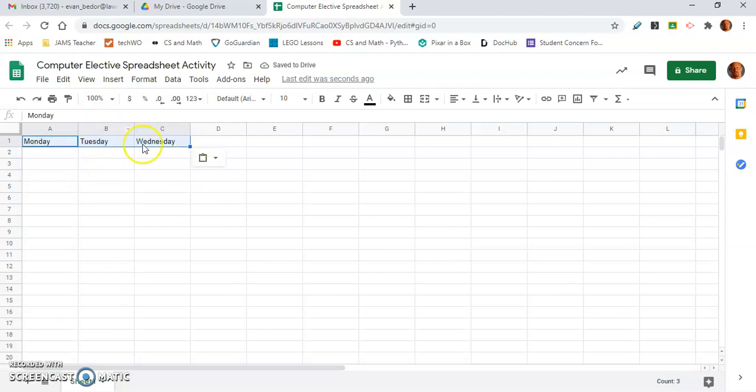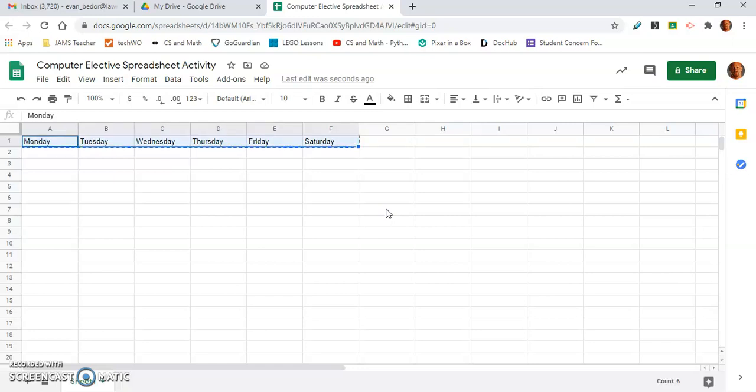Do this, type this in for me, okay? And then finish it off, type in Thursday, Friday, yeah, let's do Saturday and Sunday over here. Or you know what? No. We're going to copy and paste, okay? So here, we want Sunday to be first, because technically in our society, Sunday is the first day. So let's copy and paste this